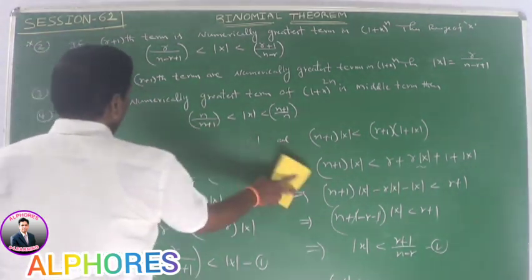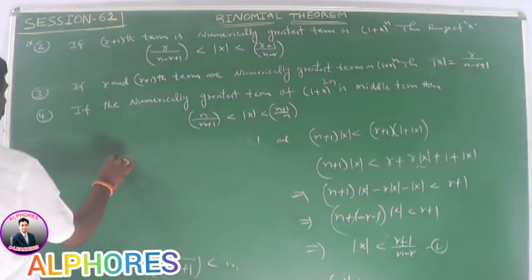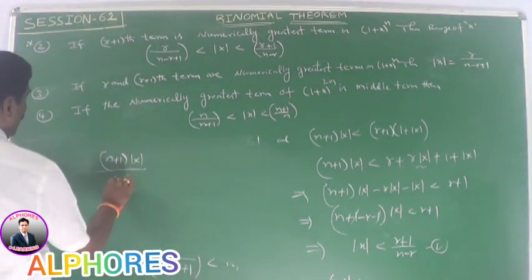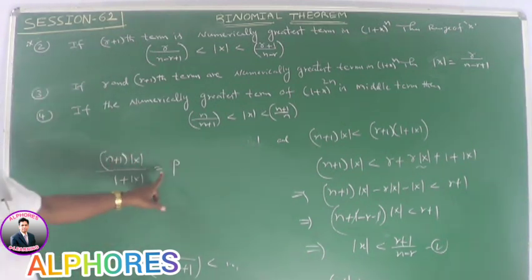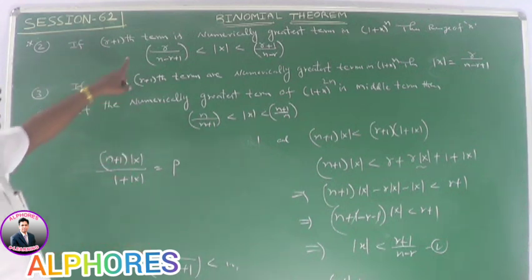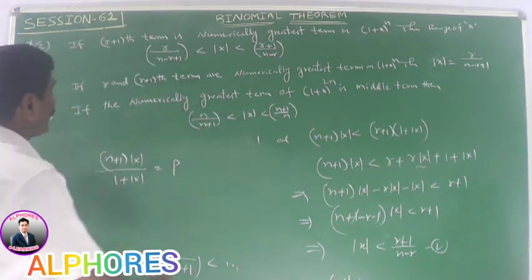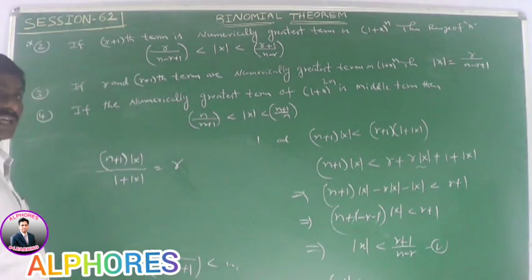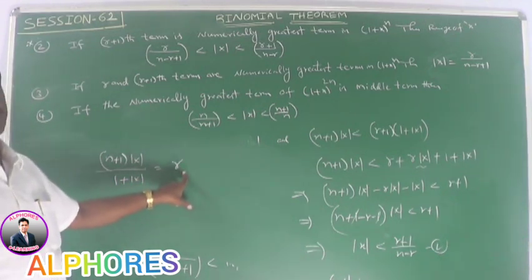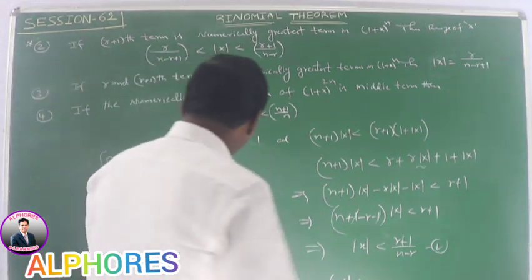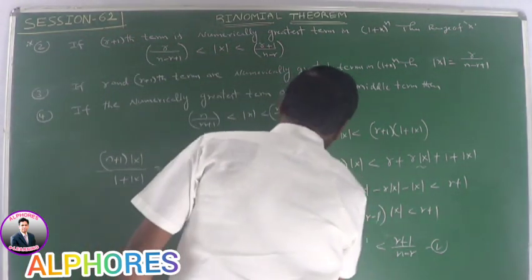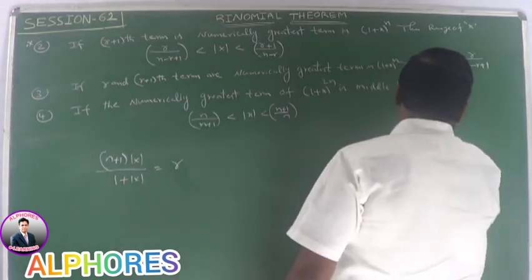In this case, first we find the value of (n plus 1) into mod x by (1 plus mod x). Suppose this value is p, where p is an integer, then the numerically greatest terms are p and p plus 1. Here r and r plus 1 terms are numerically greatest terms. That means the p value is r. By using this value we find the range of x. Note this value: if r and r plus 1 terms are numerically greatest terms in (1 plus x) whole power n,